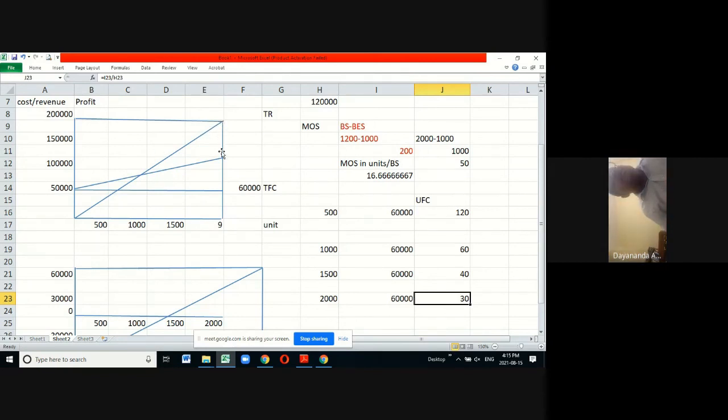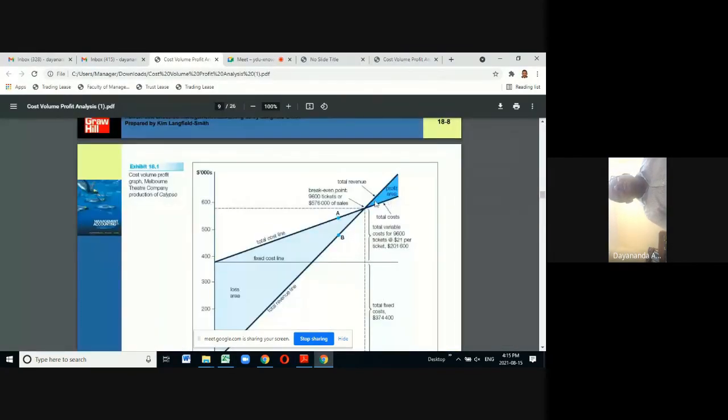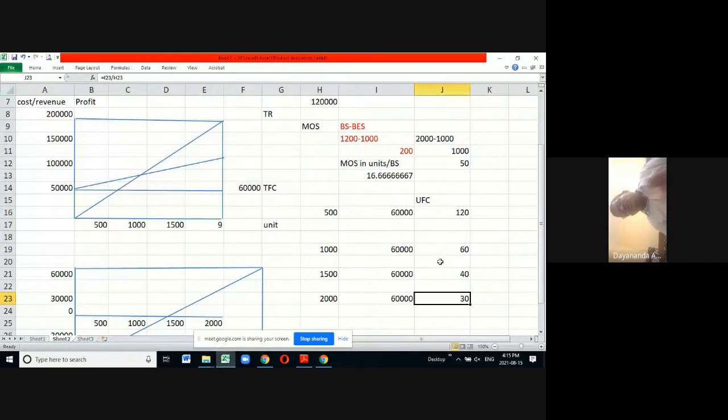Now here you see the profit. If you look at my chart, break-even chart, you can understand. Here, you see this level low profit, this level high. But in the same year, when you reduce the level of sales units, your loss becomes more and more. That is because of this particular behavior of unit fixed cost. When you sell more and more, your fixed cost remains fixed, and unit fixed cost gets lower and lower.